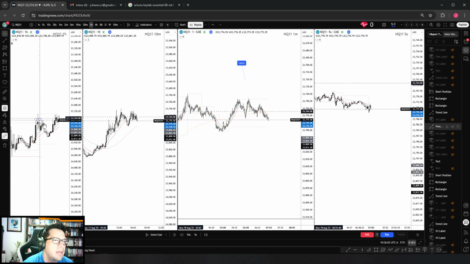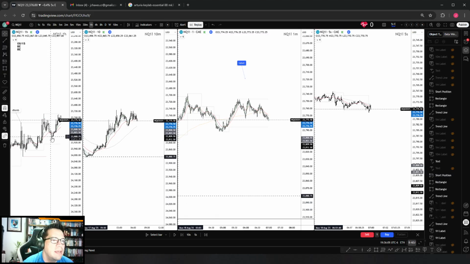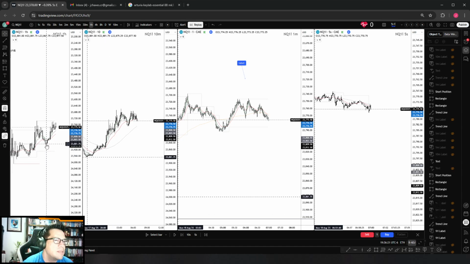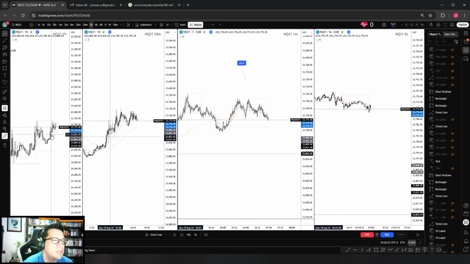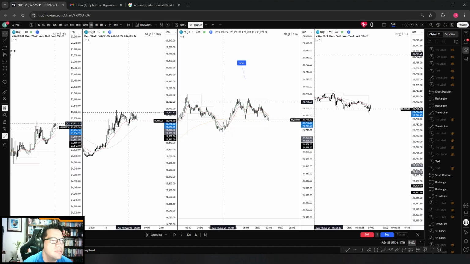So instead, we had a flush that came up to the EMAs and a little bit below the 20. This was by the end of the session on Friday, and then during the overnight session we saw price once again coming above the EMAs,